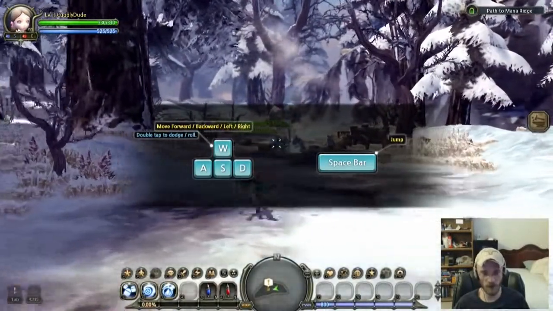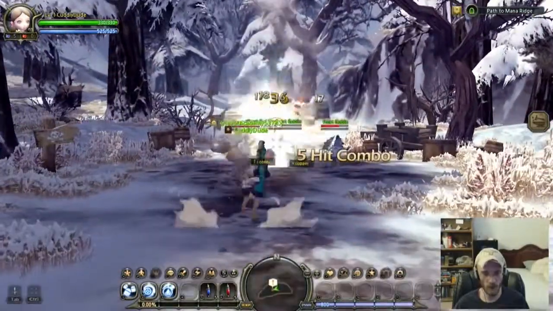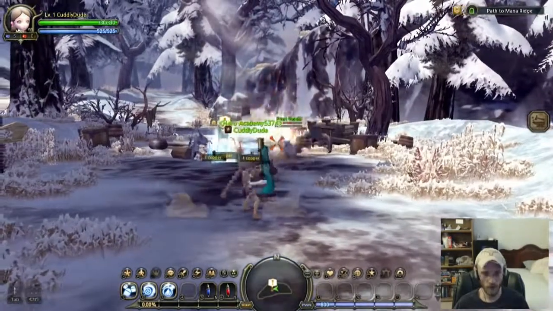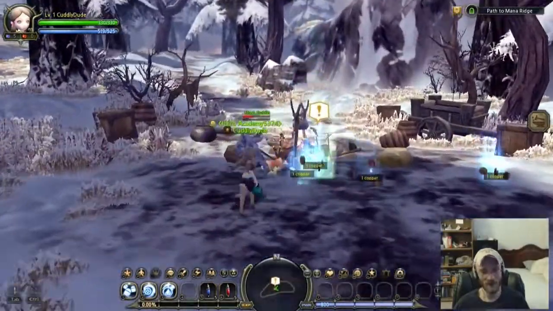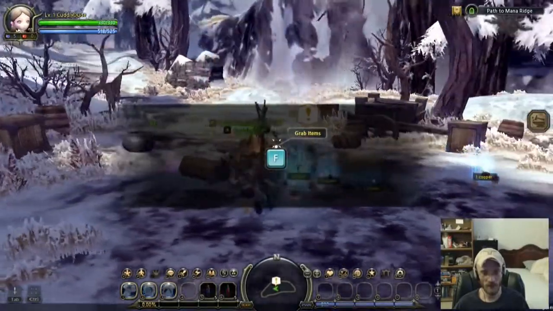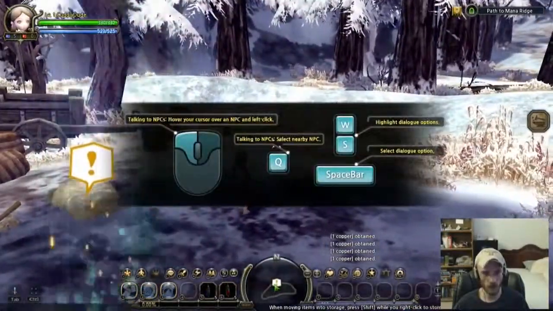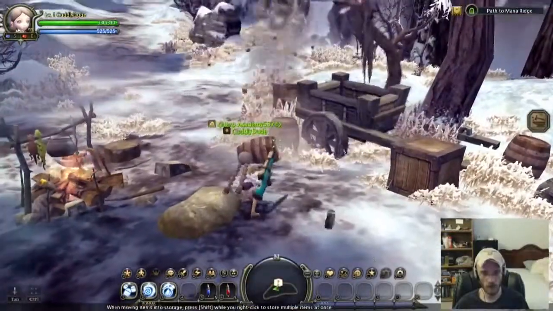Yeah, move with WASD, jump with spacebar, and then you shoot with left mouse button. Use your abilities with 1 through, what is it, 4? 1, 2, 3, 4, whatever it is. And then the right mouse button for everyone is different. For her it's a giant wrench, apparently. Interesting. For the mage it was this little spin attack with her orb. Talk to NPCs. Well, get out of the way, I gotta...